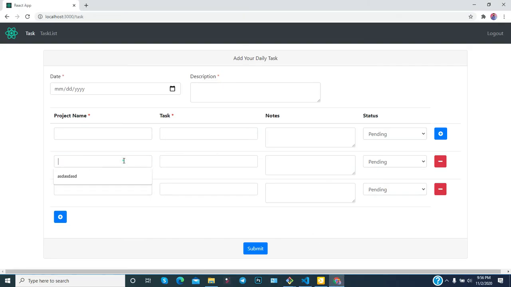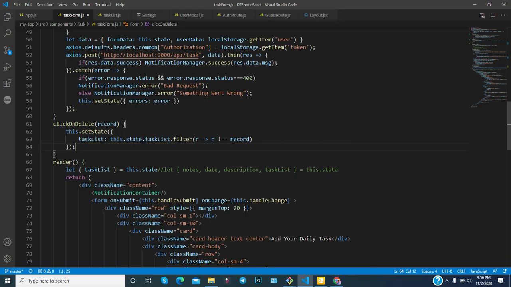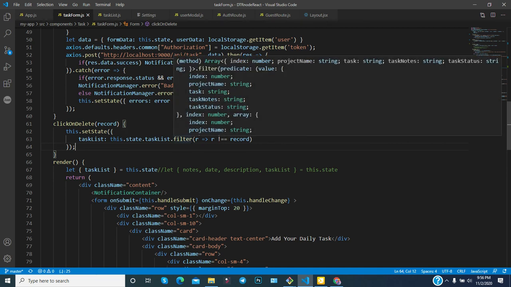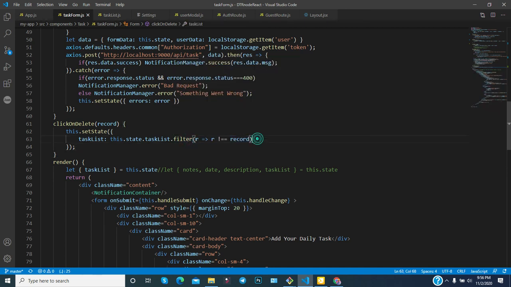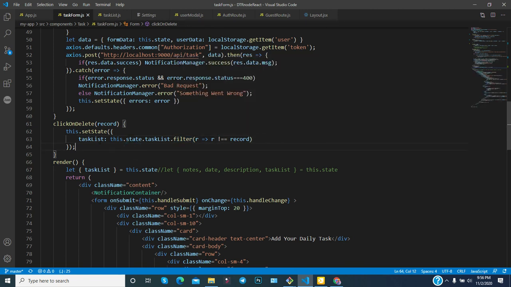Suppose you did these things and you click here, then except this data, the other data will get updated, meaning this array gets updated. Okay, it is very simple. This array gets updated except the data which you passed, and now the latest data is without that particular data which you want to delete.